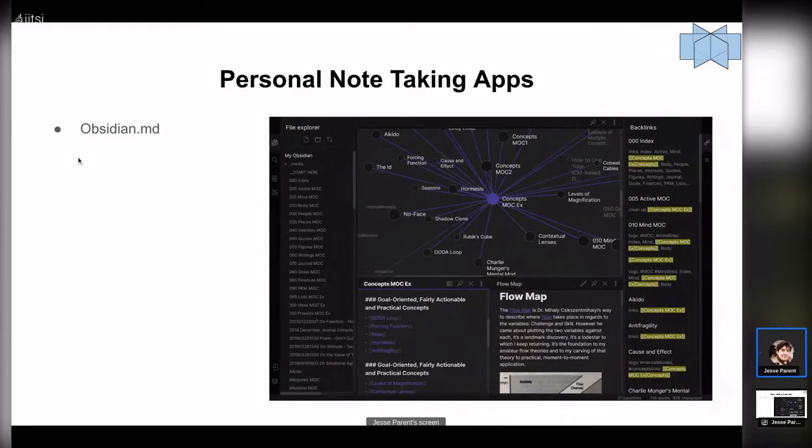I was really into Obsidian MD, which is a great tool for taking really nicely interwoven notes if you want to get really detailed about your management. This is a great way to do it. The only trouble with Obsidian for me was that it was a little tedious to put things in and get them out. It does use Markdown, which is a great